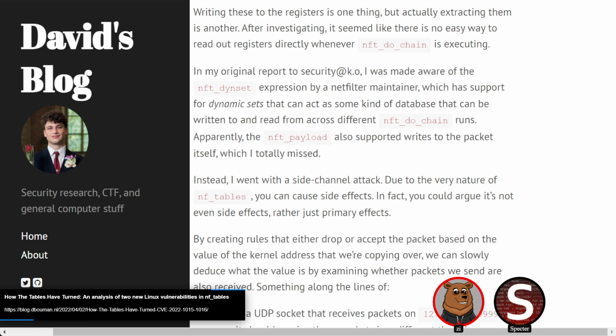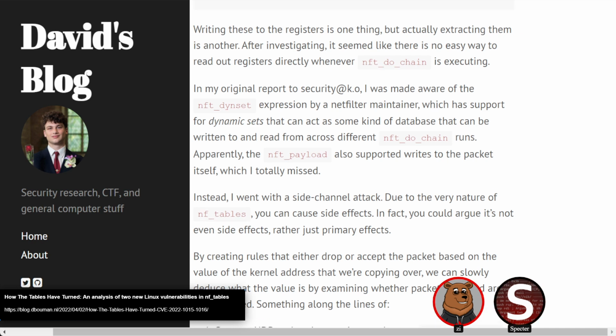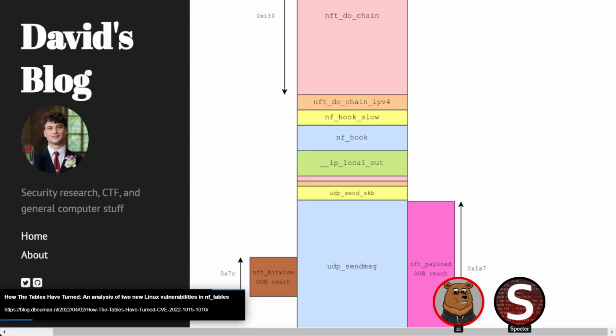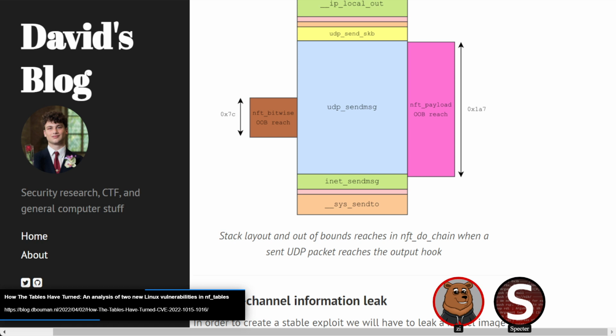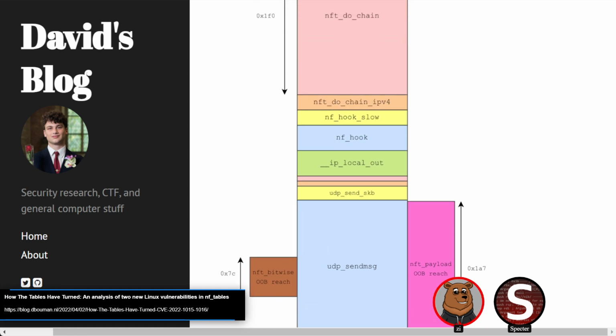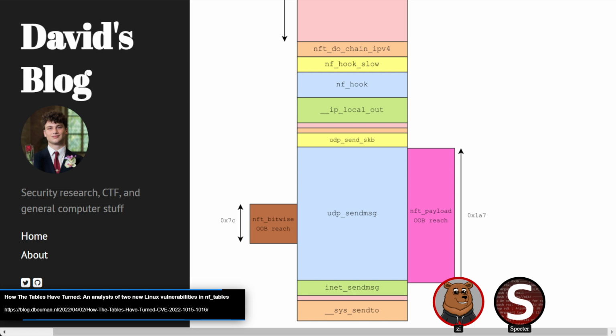I just jumped right into getting code execution quite easily, but you actually did have a little bit of a challenge on that, and that's because this initial thing he's using the output hook, so just being on the output chain. He's using that, and the way things align there, he would basically be able to